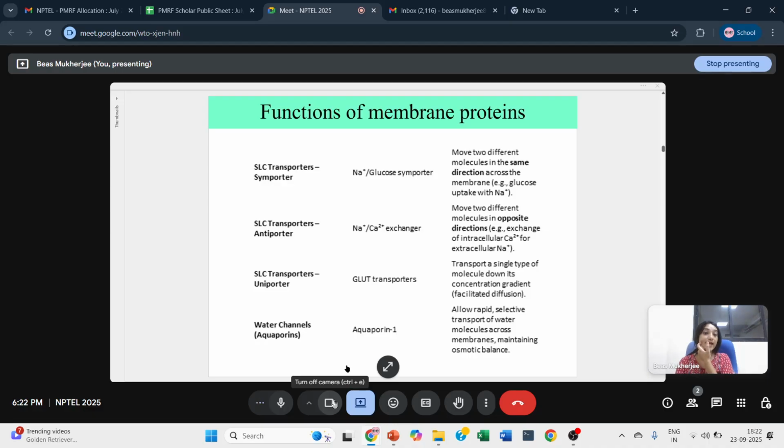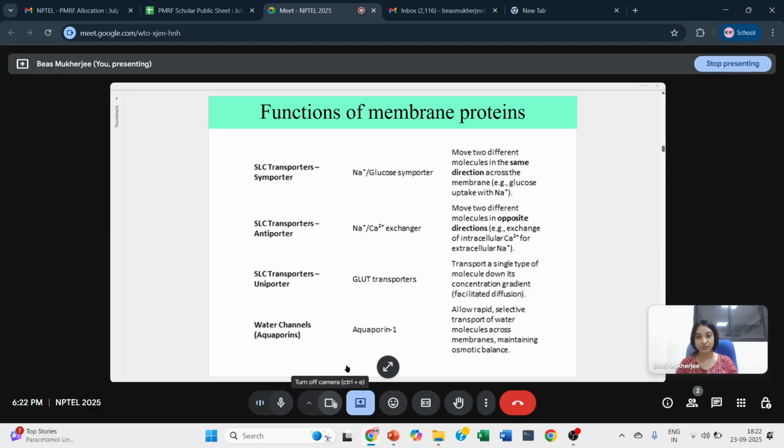Then there is antiporter. So example is sodium calcium exchanger. Here what happens is, this moves two different molecules in opposite directions, that is exchange of intracellular calcium for extracellular sodium. Okay. Then there is something called uniporter. Uniporter is transporting only one kind of molecule at a time. So for example, GLUT transporters, these transport a single type of molecule down its concentration gradient using